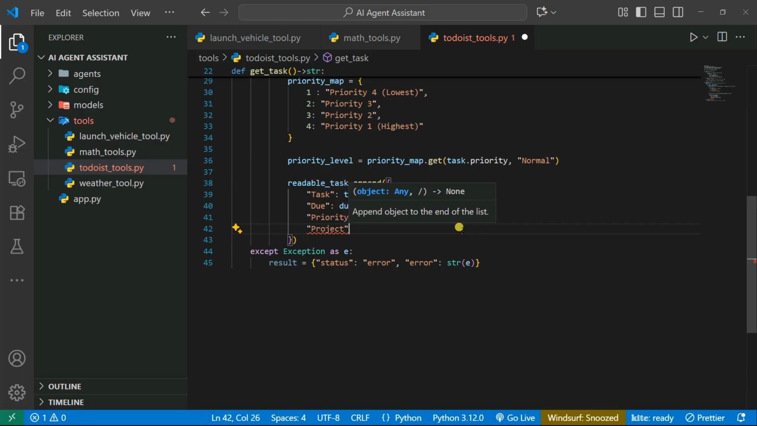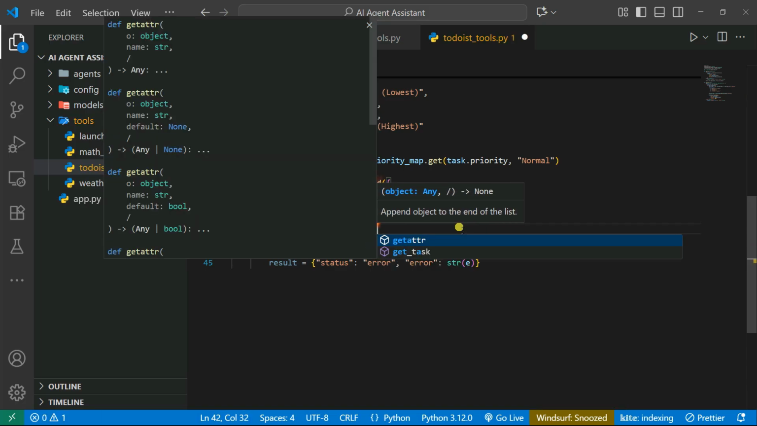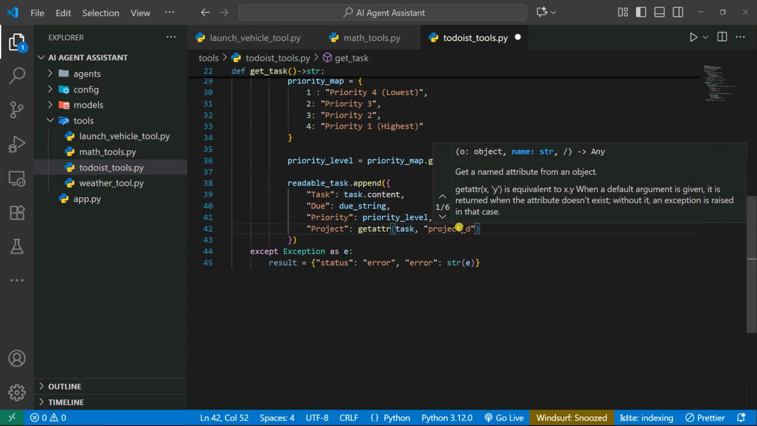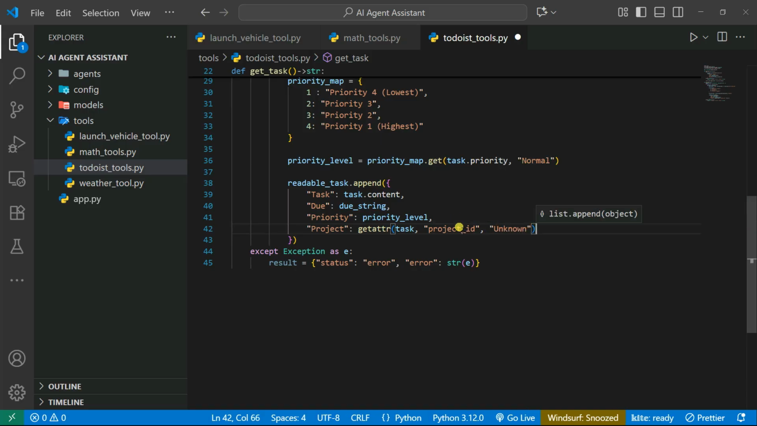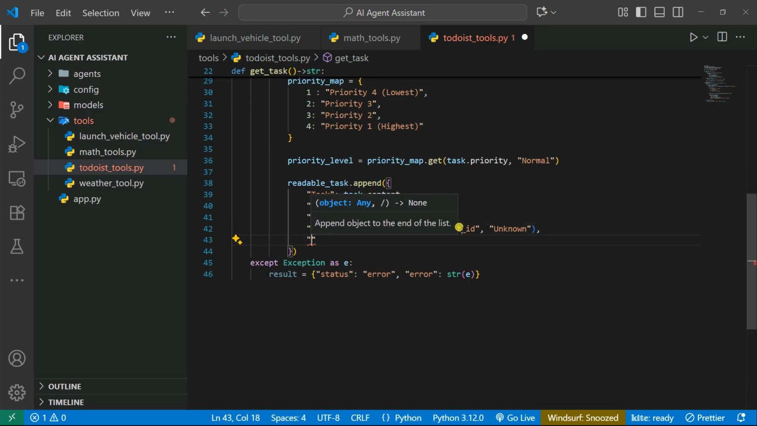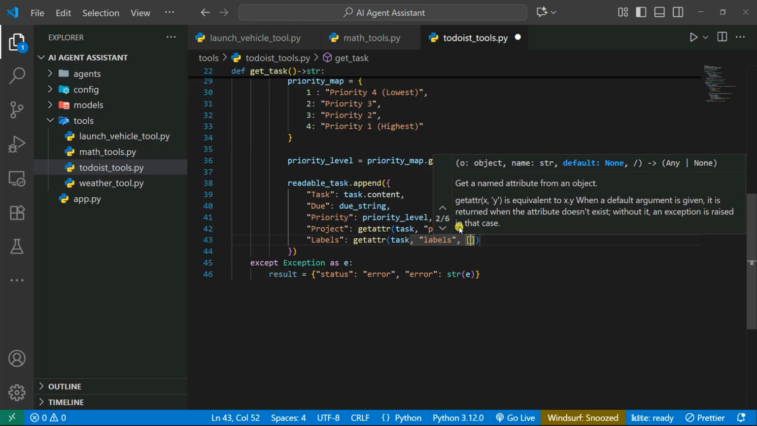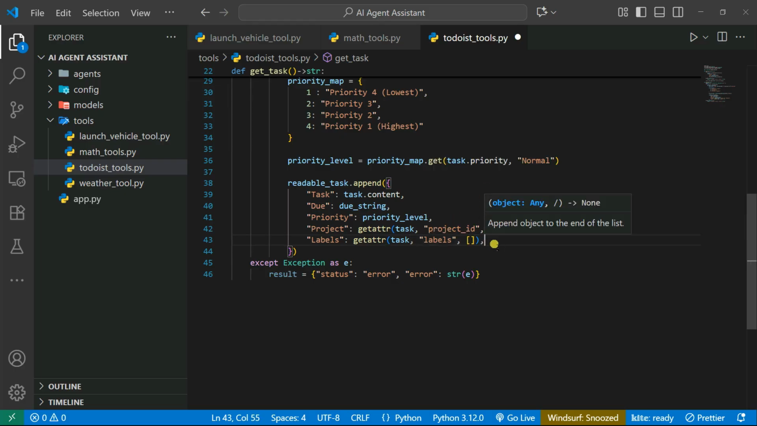So let's say project, which is the get attribute, and you pass in the task, and then you give it the project ID. Otherwise, you give it unknown. Let's say project ID, otherwise unknown. And then after that, we can give it the labels. We can say get attribute task the labels itself. Fine. So you can give it a comma, and after that,